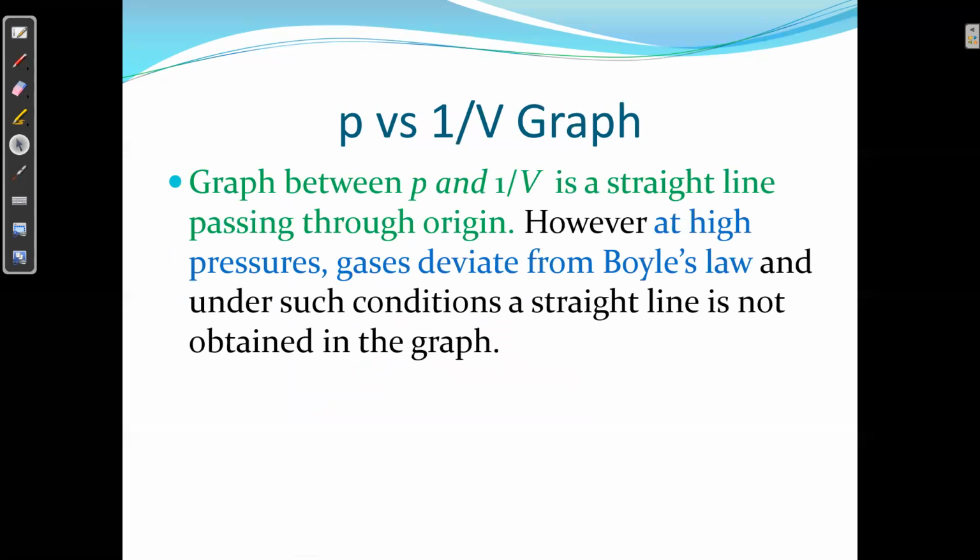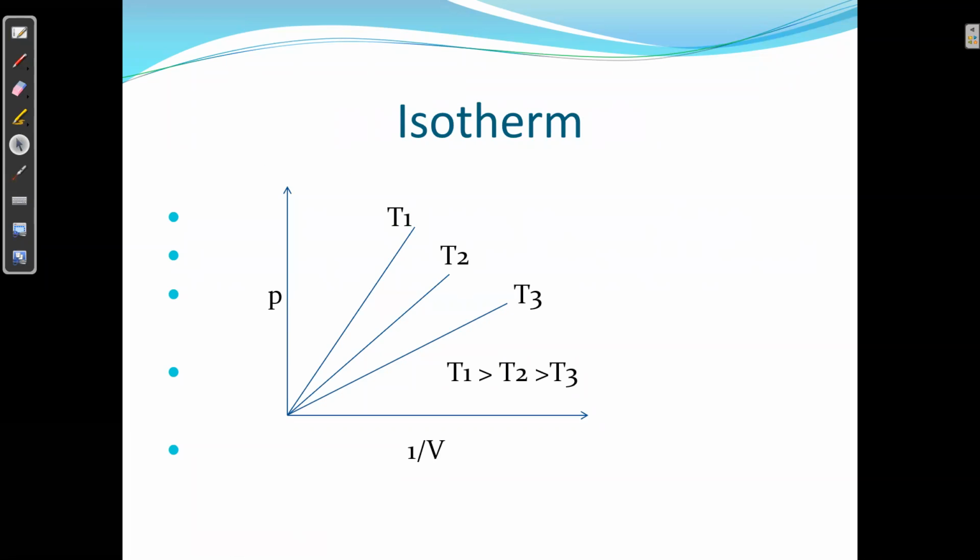So now you are able to see. Now you can see the graph at different temperatures. Suppose these are different temperatures. We have taken T1, which is a higher temperature, T2, T3. At different temperatures, this graph is now P versus 1 by V, not P versus V. When we plot the graph P versus 1 by V, we get a straight line. So in this case, it becomes a direct relationship. And now you can see at higher temperature, pressure is high.